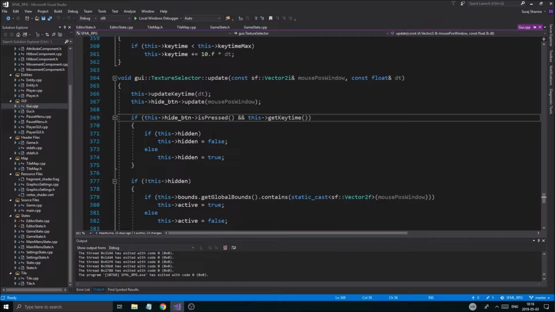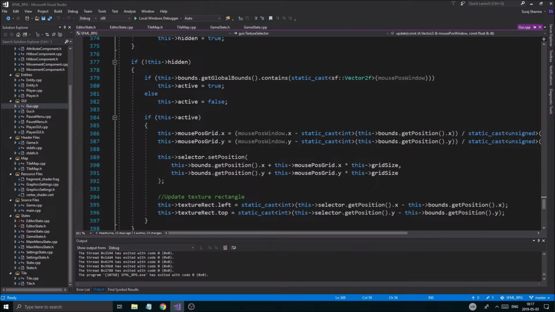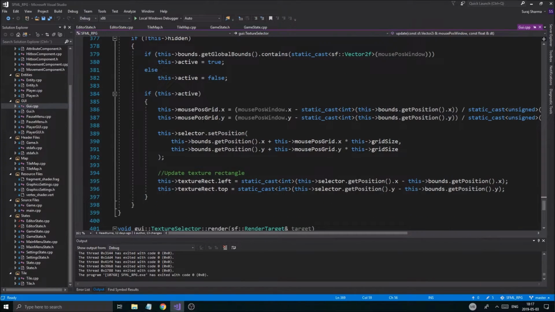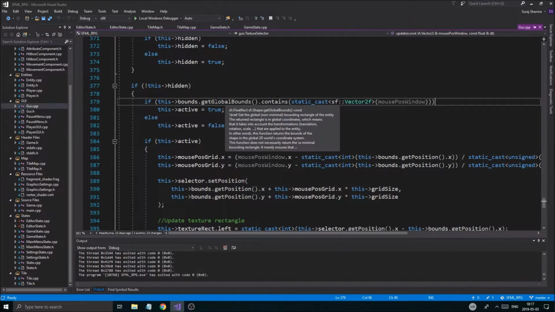So what we're doing is, if it's not hidden, if our mouse is within the bounds, active is true, otherwise active is false. If it is active, we're doing all this stuff. So basically what this means is active is only true when it is within the bounds of